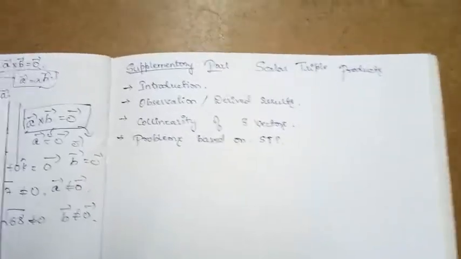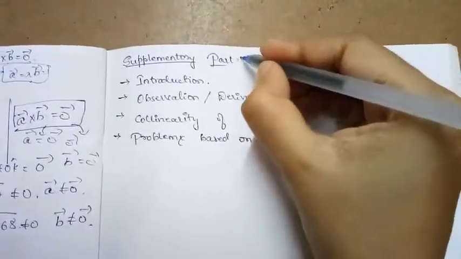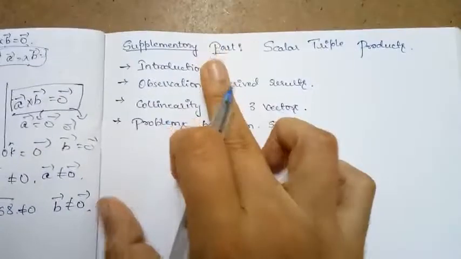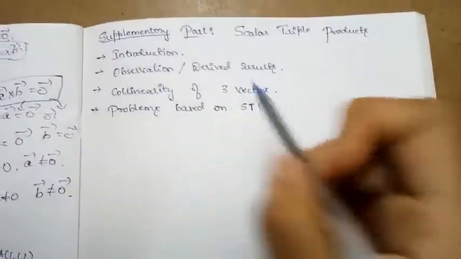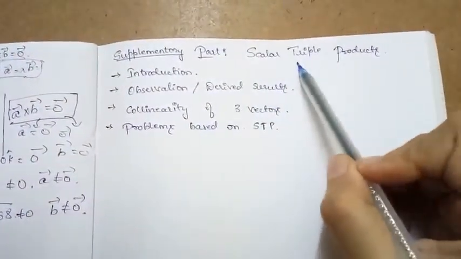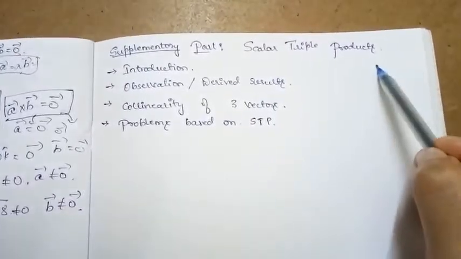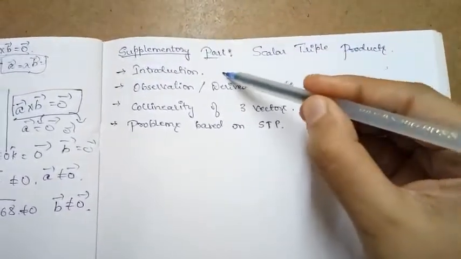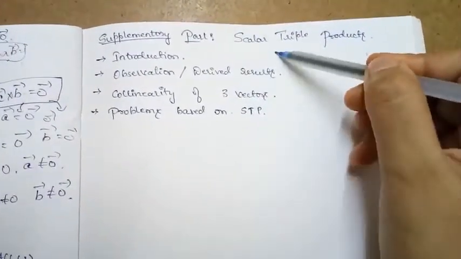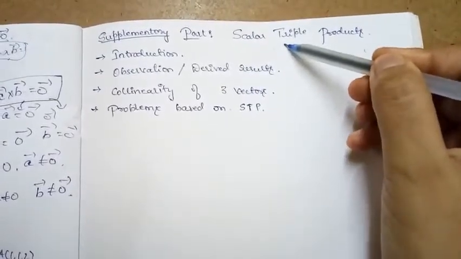Hi students. So let us move to the next part, which is coming under the supplementary part of the vector algebra. In that part we are going to study the scalar triple product. In the beginning, let us understand what the scalar triple product is, the definition of scalar triple product,